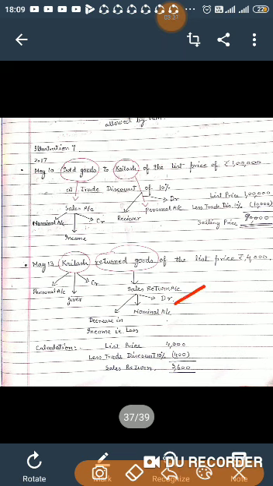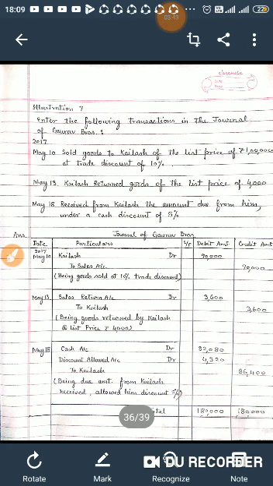And we also convert this list price into the actual price. List price is 4,000 and we will deduct the trade discount which was allowed at the time of sale. So we will deduct the trade discount of 10%, that is 400, and the remaining 3,600 is the amount of sales return. We will show it in this way. This is May 13. We will write in the date column: sales return account debited to Kailash, being goods returned by Kailash at a list price of rupees 4,000.